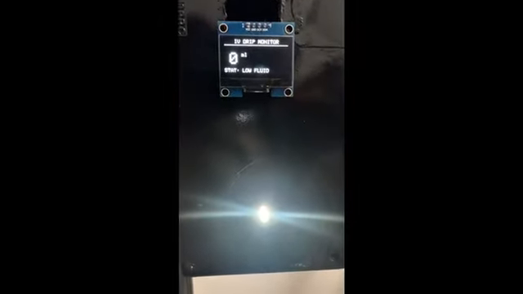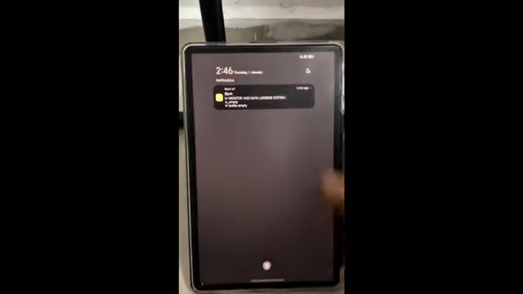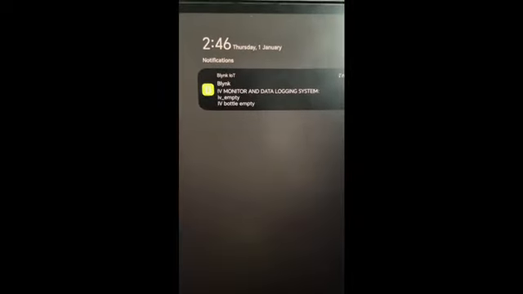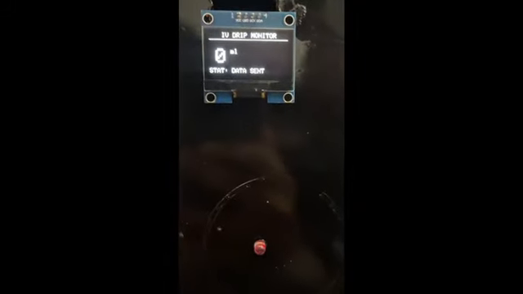If the IV drip process runs smoothly without any interruption, the OLED will display 0 ml and status low fluid. In the mobile app, a notification will appear as an alert to the doctor that the IV drip process has come to the end. The doctor will then turn off the system, and we can see the system restart and turn off. After turning off, the system will reset the IV drip process and the data will be sent to the Google